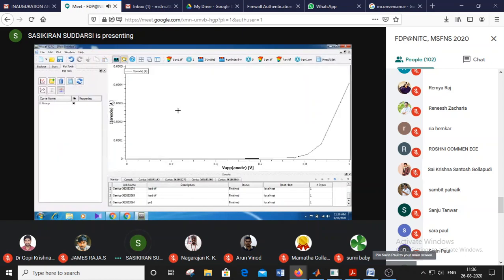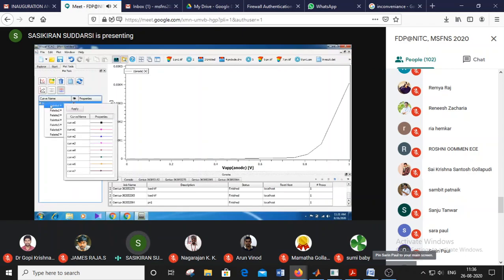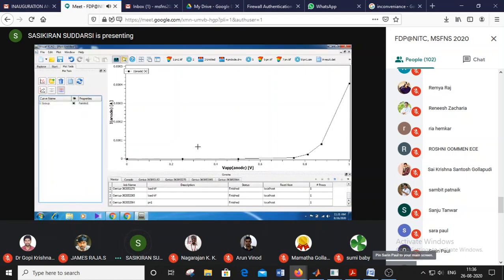So this is a plot for a PN junction VI characteristics, and we can choose the palette and apply. These are different colors we can have here. As the number of graphs increases, it will select default colors. The first one, it will automatically select the black one.